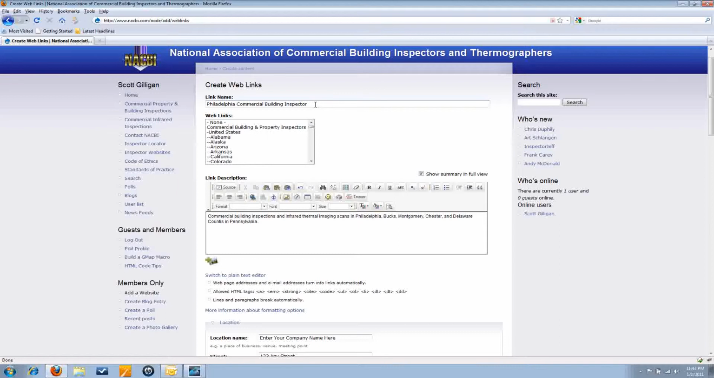property inspector. The next field we are concerned about is our web links categories, and you can see this is broken down into several different areas. The first one is going to be none, and that's going to be for uncategorized classifications, which we're going to be using for service providers such as insurance companies or tool manufacturers or infrared training